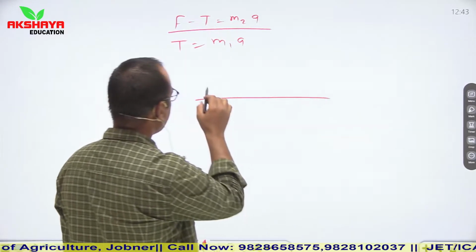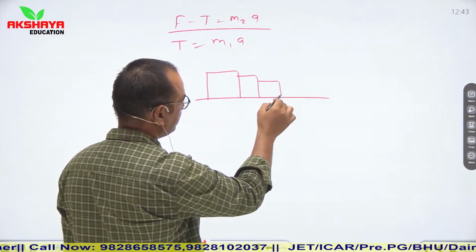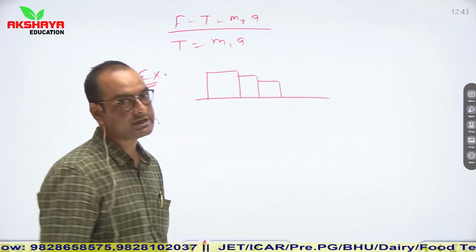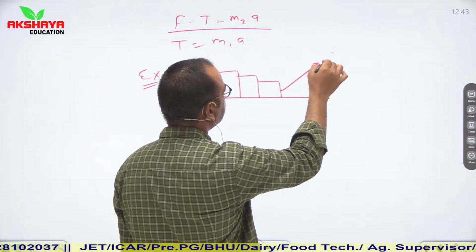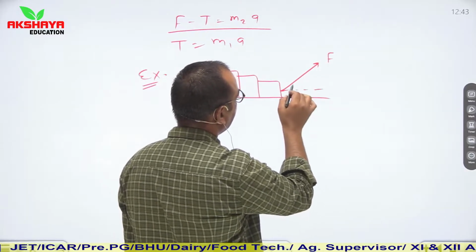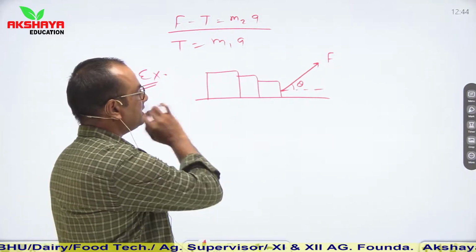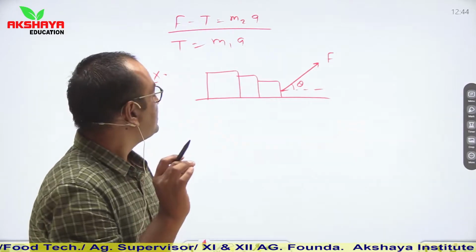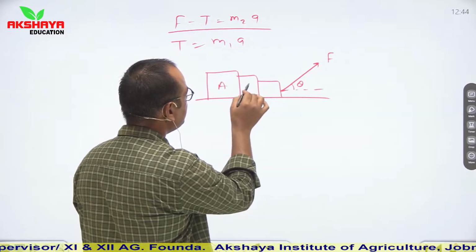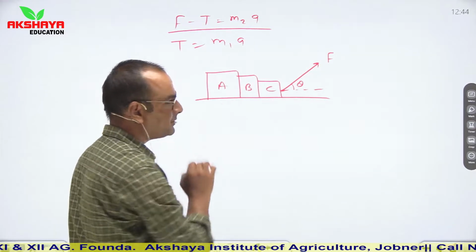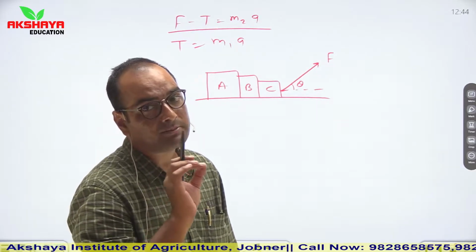Now let us see, these different objects are in contact and an external force is applied. Let us say these objects are pulled by a force F at any angle theta. Then in JEE, once a question was asked: what is the contact force between, let us say this is A, this is B and C? So what is the contact force between A and B? You can be asked the contact force between any two objects.